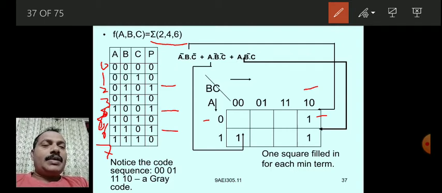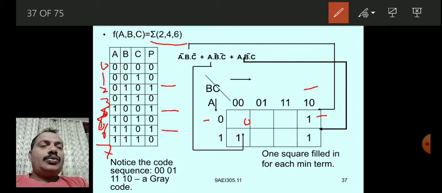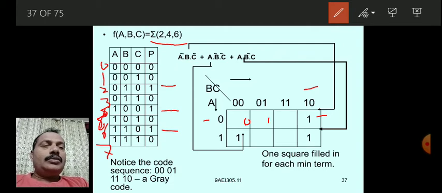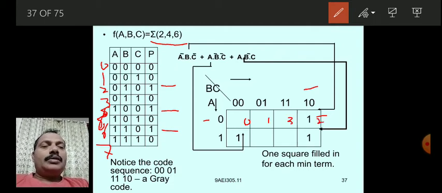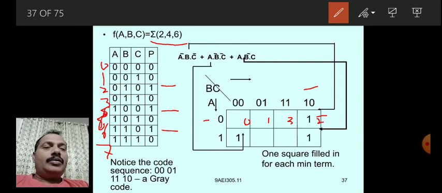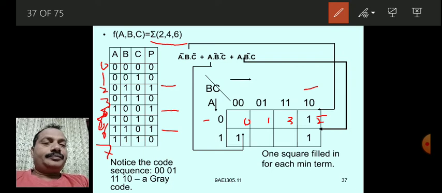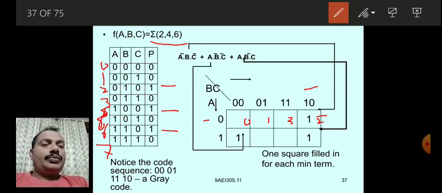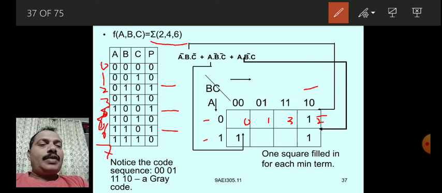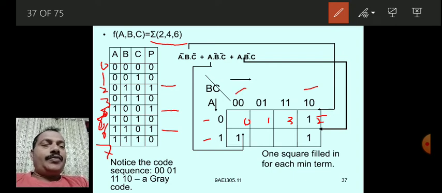This is the cell numbering 0, 1, 2, 3. Next, 4. The fourth cell is this one, 1 0 0. This is the 4.